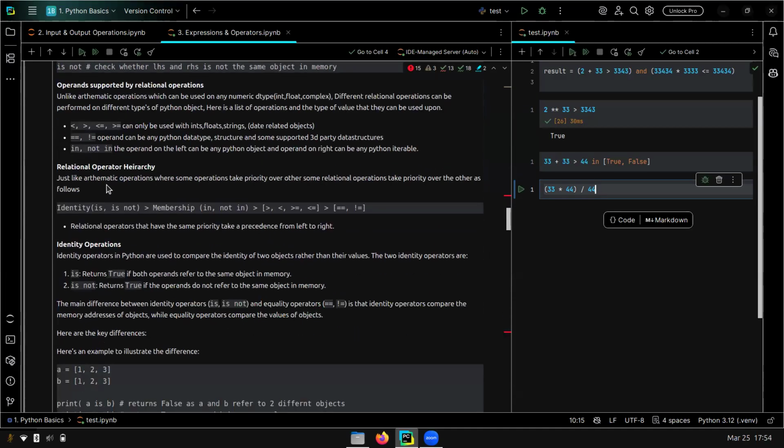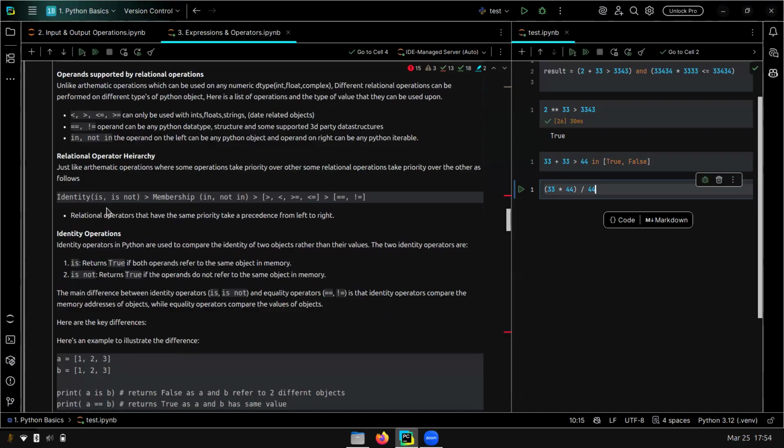In case of relational operations, there should be a hierarchy. See, in case of relational operators, is and is not take the highest priority, then the membership operators in and not in take the next priority, and then less than, greater than, less than or equal to, greater than or equal to, and then not equal to and double equal to. What this means is, if I